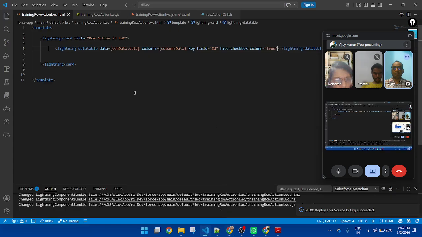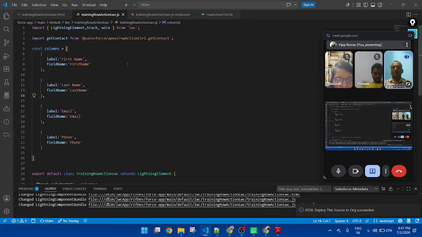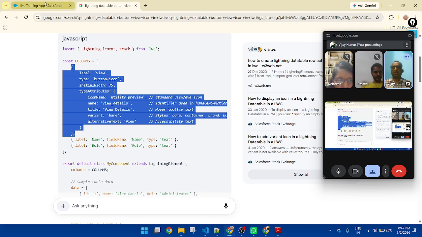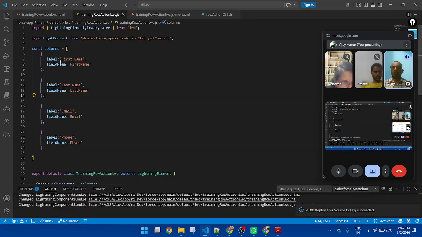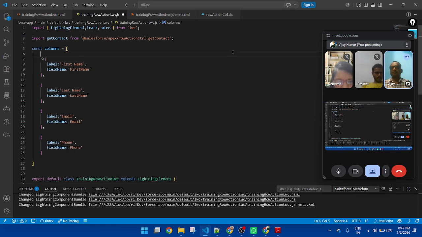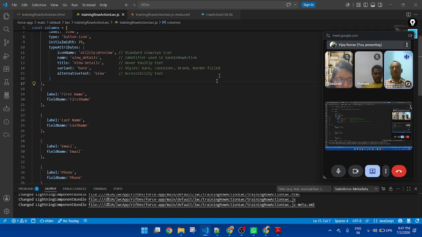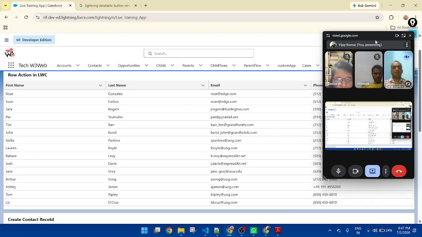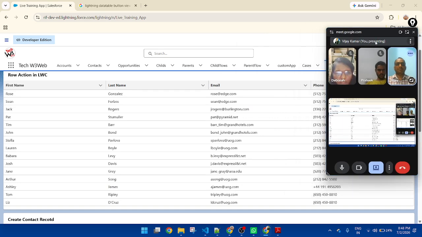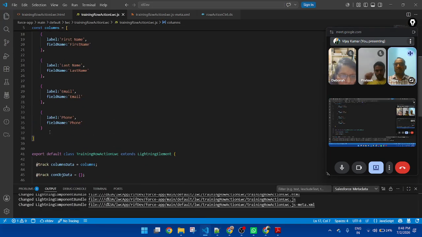Go to Visual Studio Code, and in the JavaScript, I want to display it in the first column here. So here, paste. If you want to display it at the end of the columns, paste this lightning button in the last.